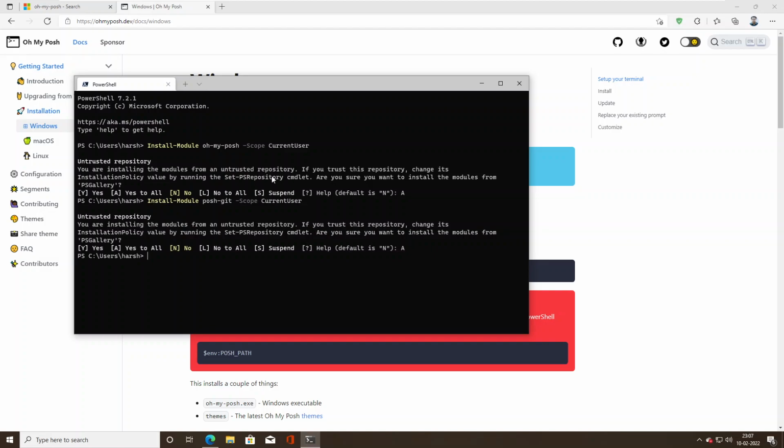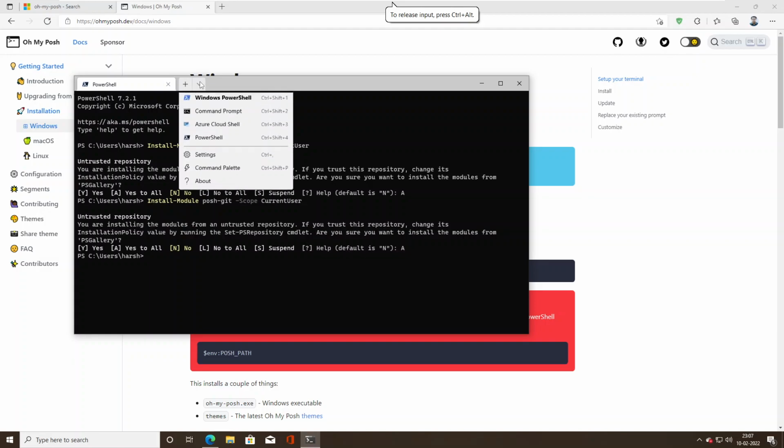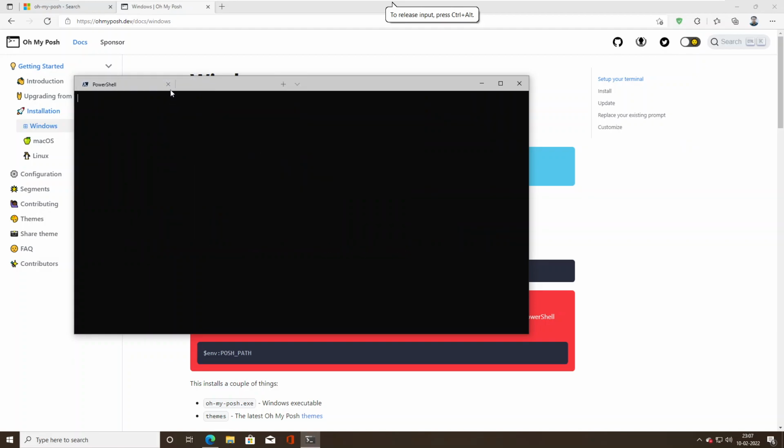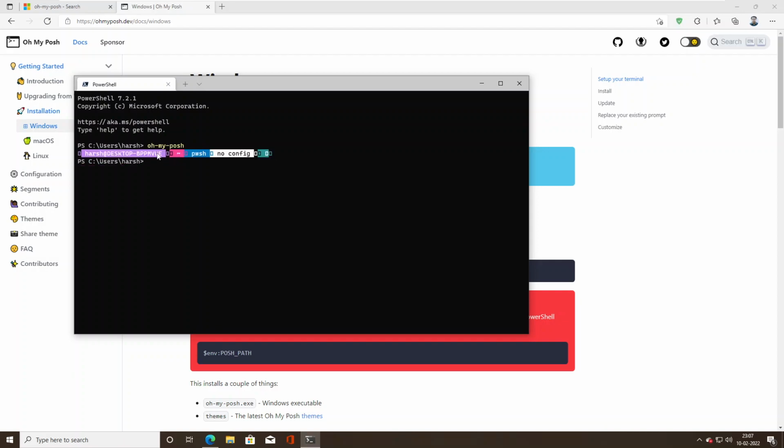Now it has installed both the packages. Now I will do one thing. I will restart the PowerShell. So I will open a new PowerShell window. I will close the earlier one. I will type oh my posh. Now you can see that it is not looking that beautiful as it looked in my PowerShell. This is because this OhMyPosh supports only monospace fonts. So to do this,